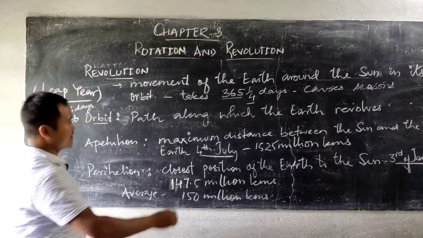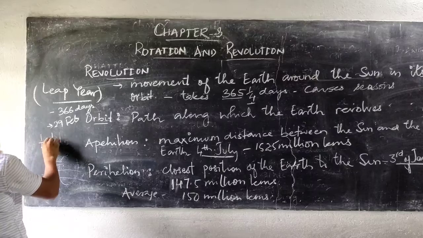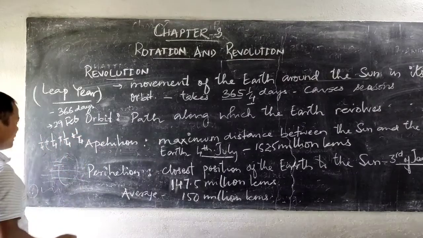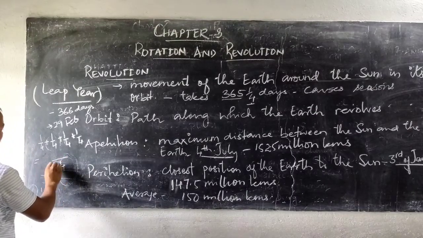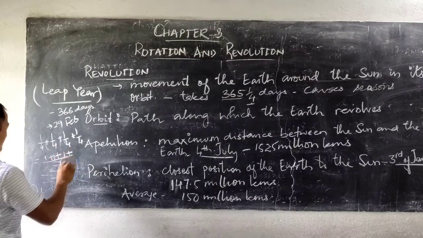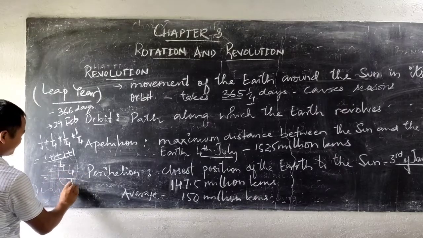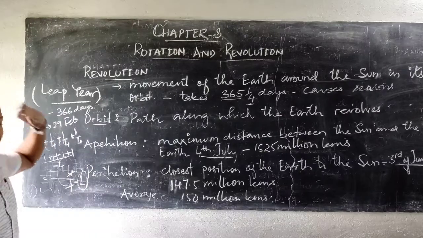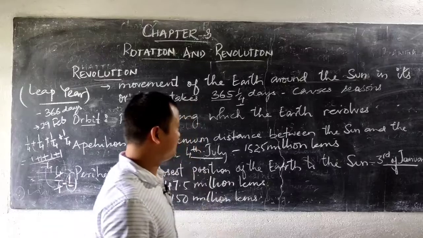So how is this added? You take this 1/4 for 4 years. And you guys are very good in mathematics, so you can find it. 4 is your LCM, being the denominator, and then 1 plus 1 plus 1 plus 1, four ones, you add, you get 4 by 4. 4 divides 4 one time. So this one single day is added in the month of February to make it 366 days, and hence we call it a leap year.